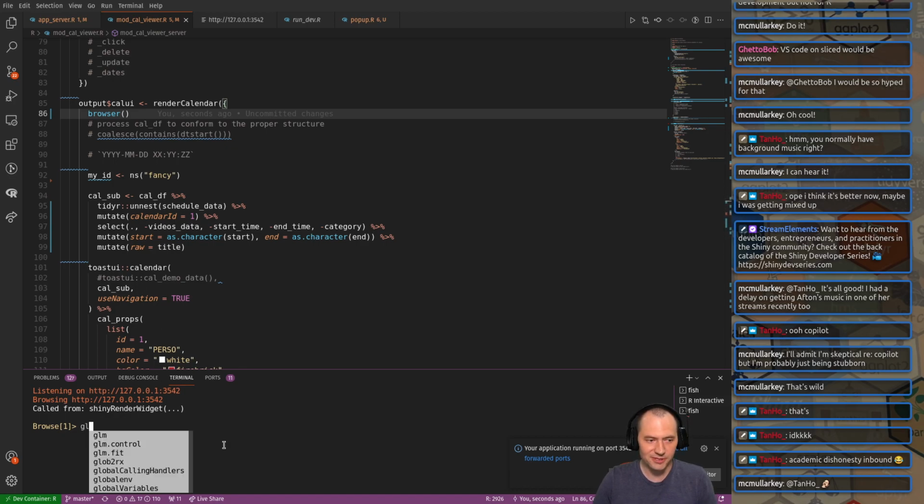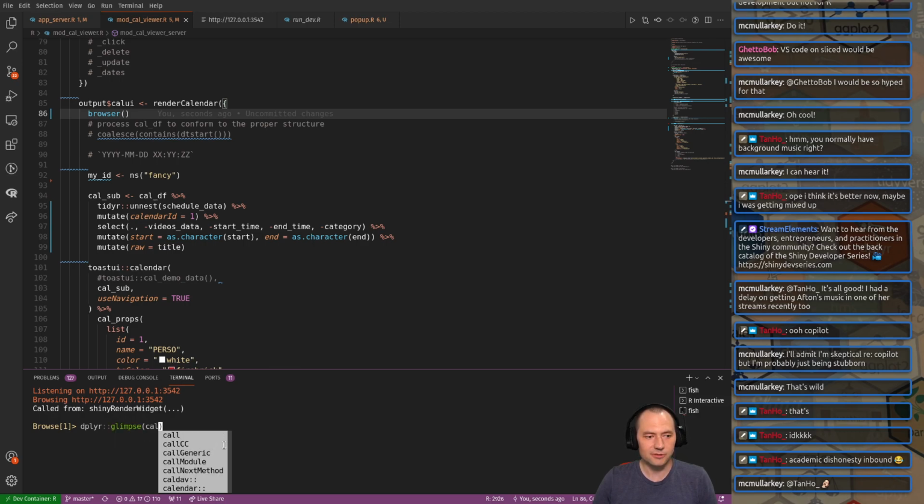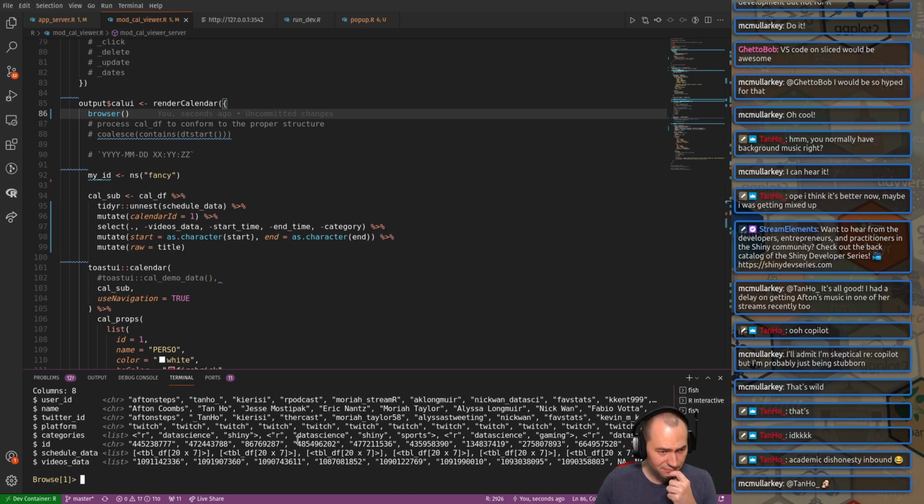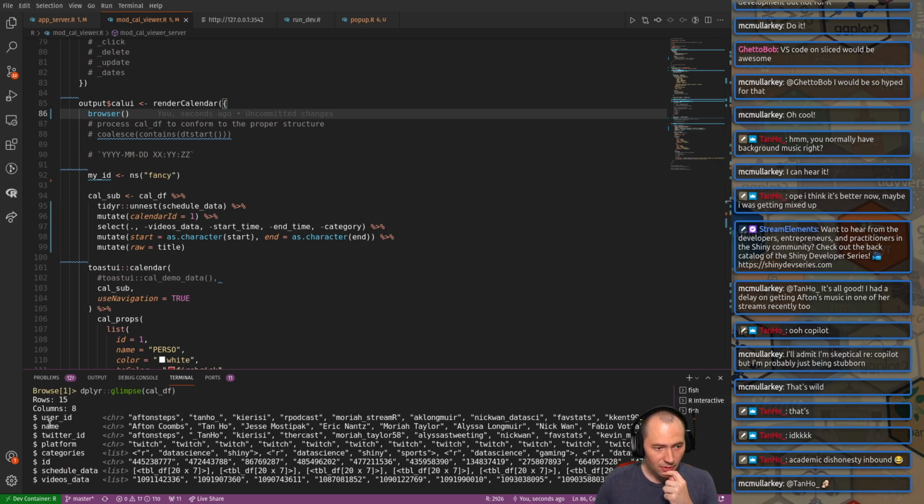Let's glimpse that. Oh, I probably didn't get dplyr imported here. I better do the namespacing thing. Let's do CalDF. Alright. What I want for that raw column is, somewhere in here I've got the description. I think it might be in the schedule data actually. So we're gonna execute